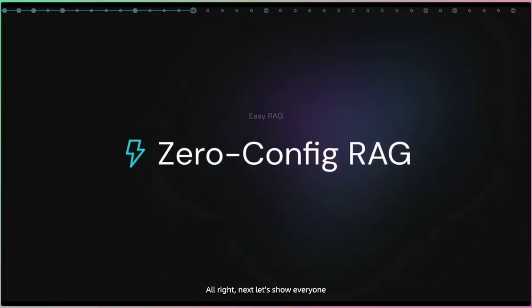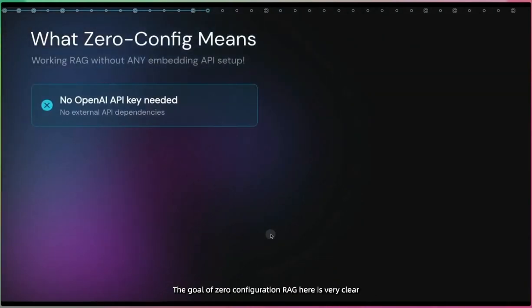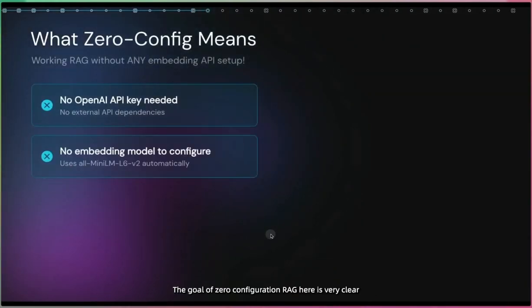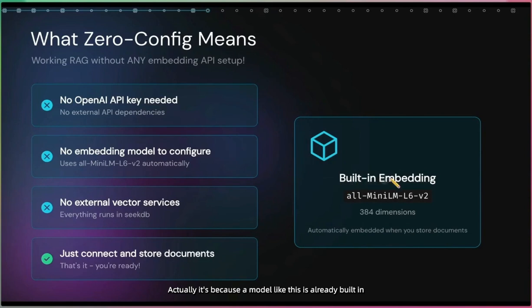All right, next, let's show everyone the first solution, which is creating a zero configuration RAG. The goal of zero configuration RAG here is very clear. We don't need everyone to configure external vectorization models anymore. So how exactly is this achieved? Actually, it's because a model like this is already built in, specifically the all-MiniLM-L6-v2 model. It's a small vectorization model with 384 dimensions, which is really helpful for us when building prototypes, especially for rapid